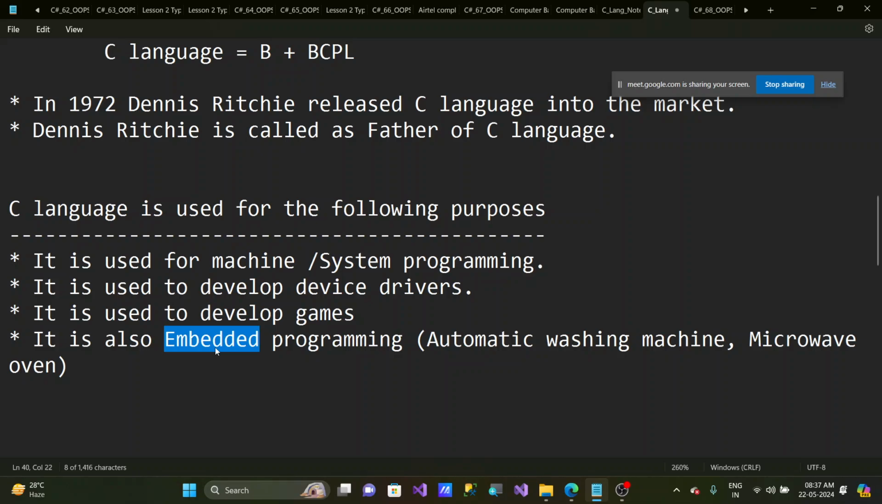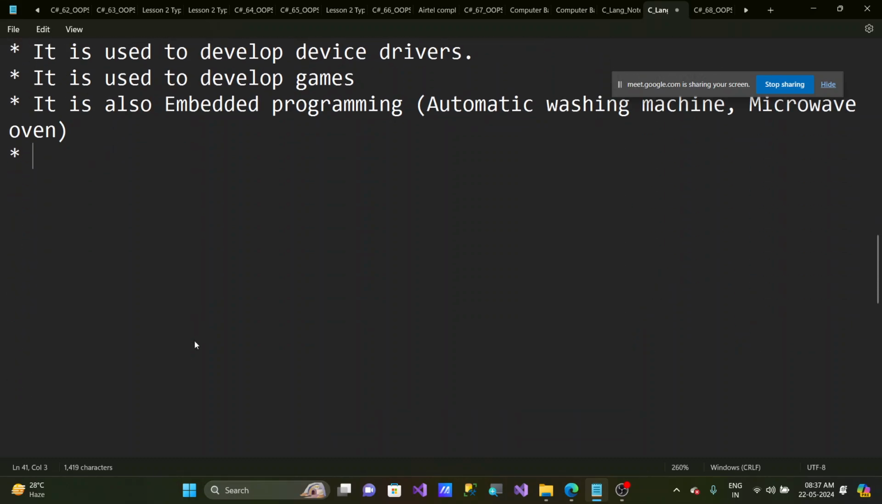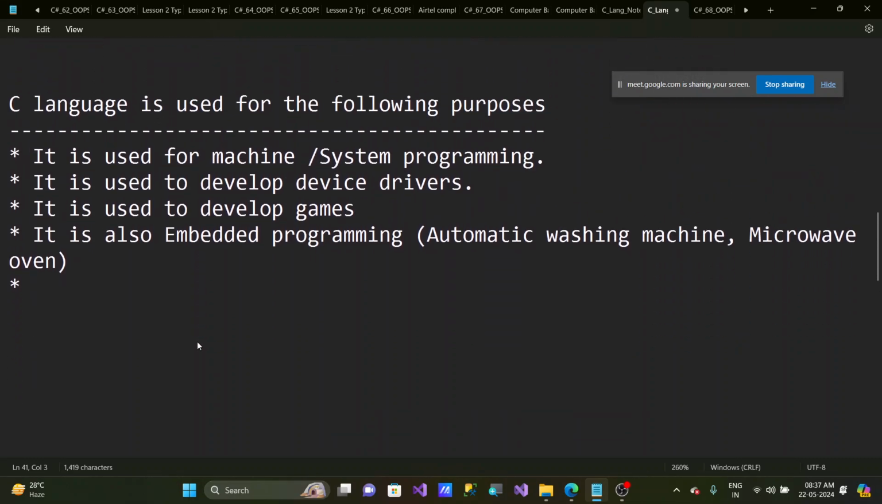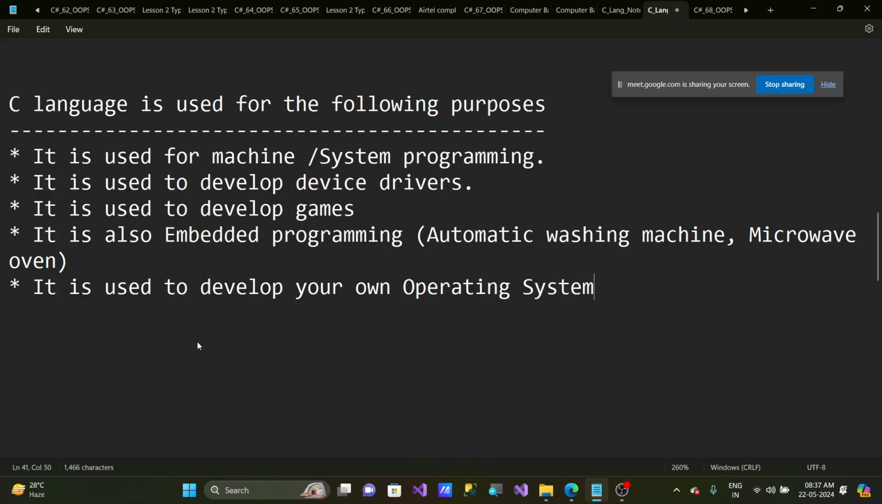If that is automatically working, that is with the help of C programming, guys. For that purpose also we can use it. And you can develop your own compiler. It is used to develop your own compiler, your own operating system also you can do. Or compilers you can develop,